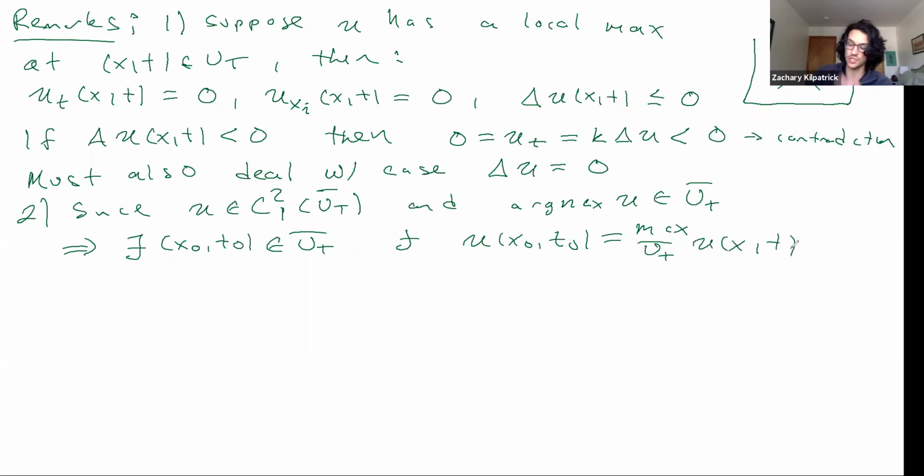This is just a statement of there being some particular value x0, t0 at which this maximum is going to occur. Okay. So with those two things in mind, right? Basically the description of a local maximum, and also the assignment